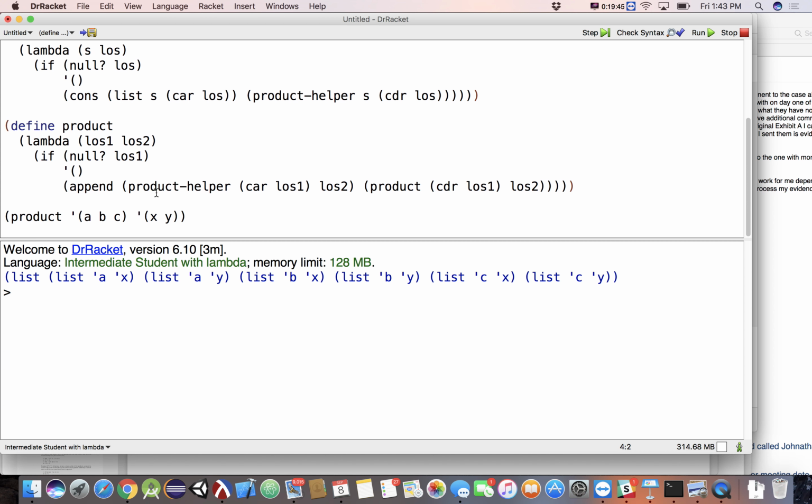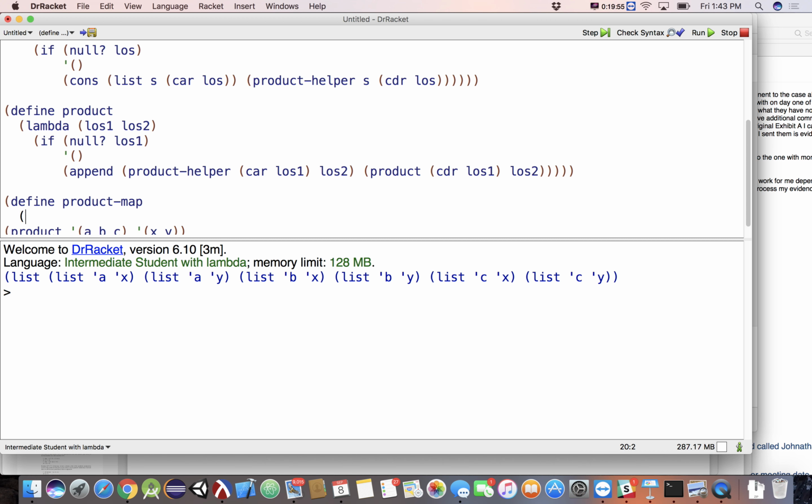Let's define product map to be a lambda.